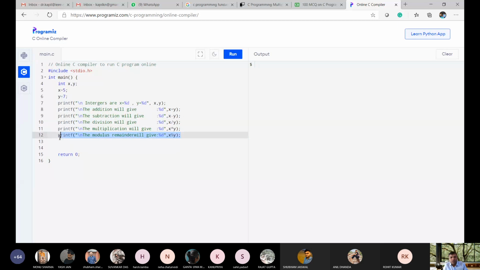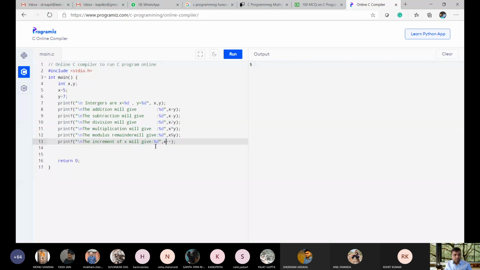So how will the increment help you? And the answer is surprisingly wrong. I'm telling you the answer for this increment operator will be surprisingly wrong. Fine. The increment of x will give x plus plus.